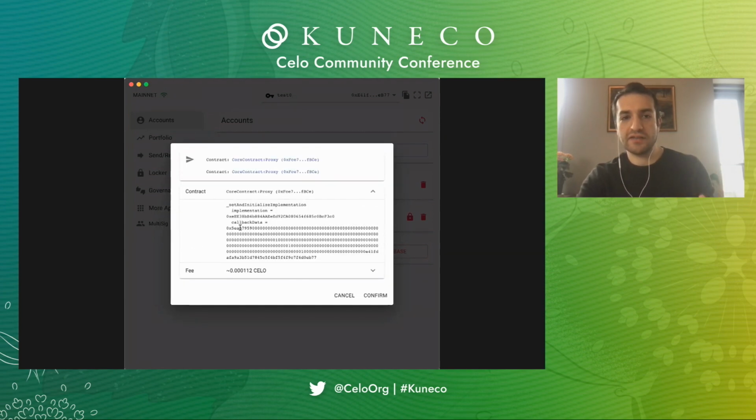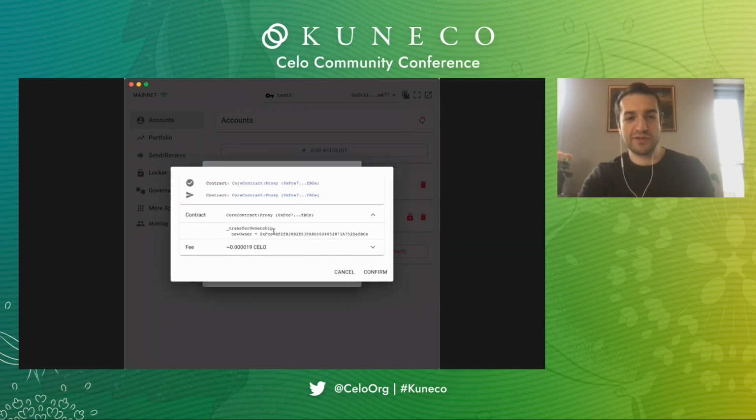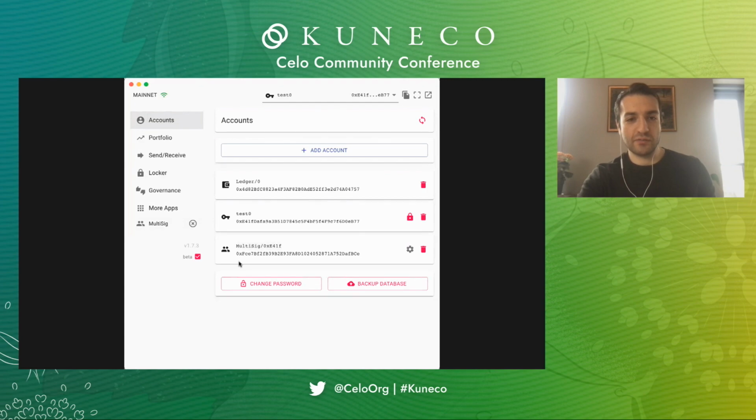And you will notice another thing here in Celo Terminal too, where when it actually knows what the contract is, it's able to parse it out and actually give more details on what the actual transaction is, unlike a lot of other systems where transactions are even more opaque and you don't really know what you're approving or what you're executing. All right, now after 4 transactions, we're done. We have this multi-sig account created here.